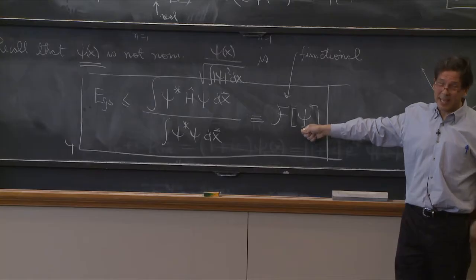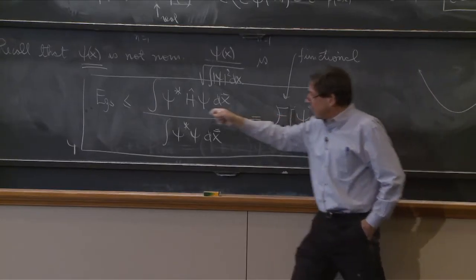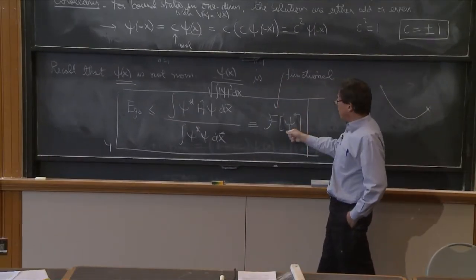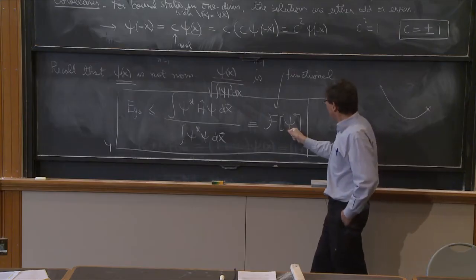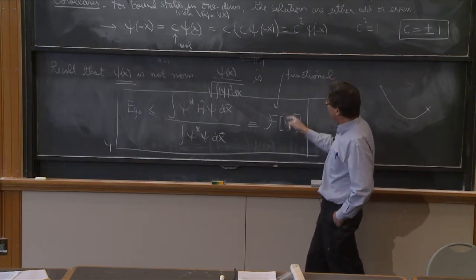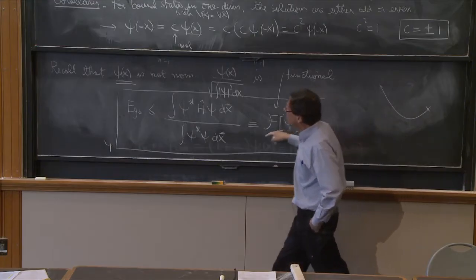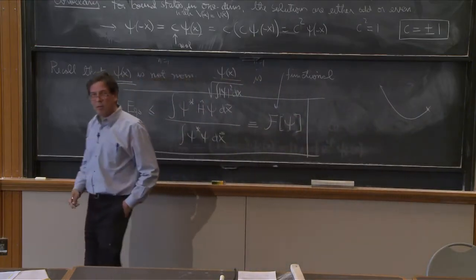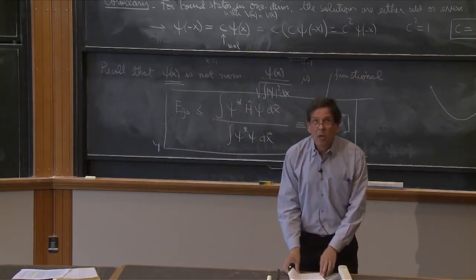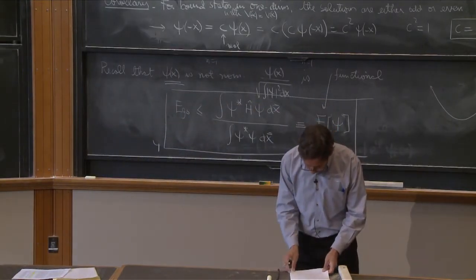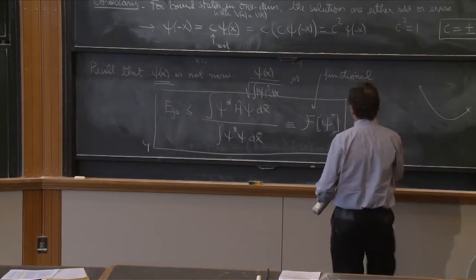And what is interesting as well is that when you get the minimum, you will have gotten a ground state wave function. So the ground state wave function actually is the thing that minimizes this functional and gives you as a value the ground state energy. A little more in a couple of minutes. Let's do an example. How do we use this?